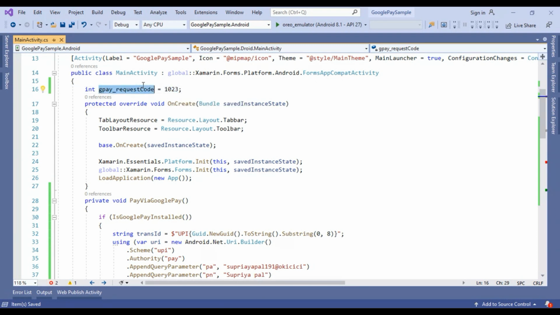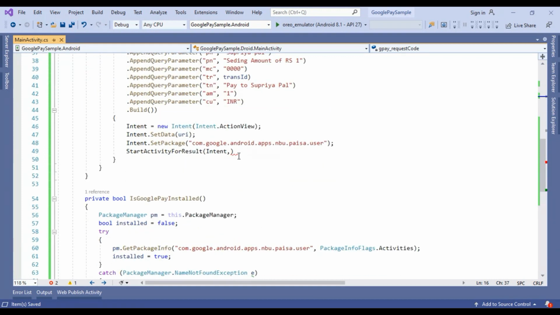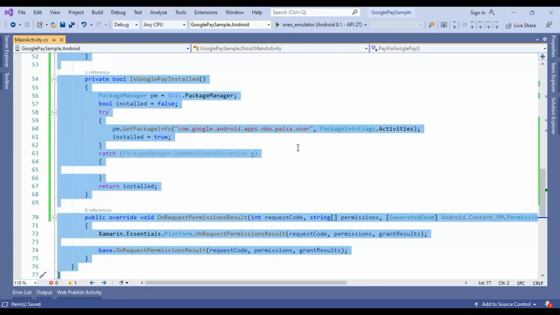Using this request code, after a successful payment or a failed payment, on return we can understand which result is returned from Google Pay. Okay, so we have to pass that request code. Using this startActivityForResult method, it will open Google Pay, and after the payment it will trigger a callback.